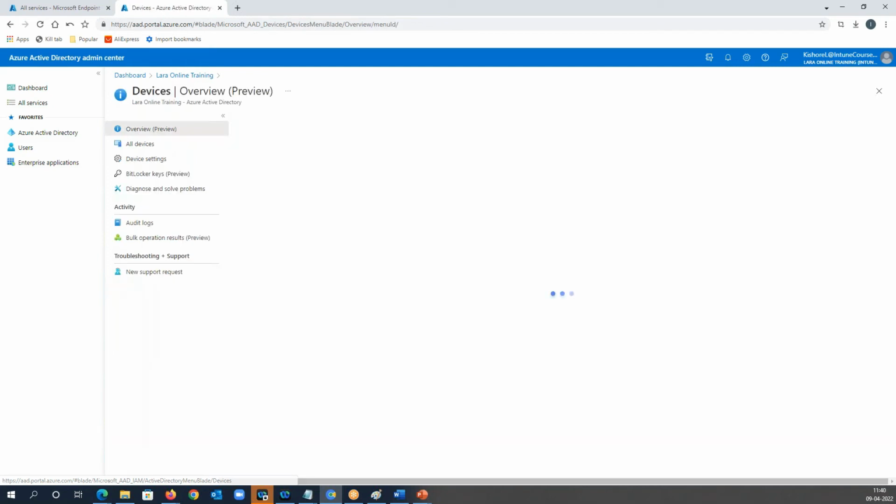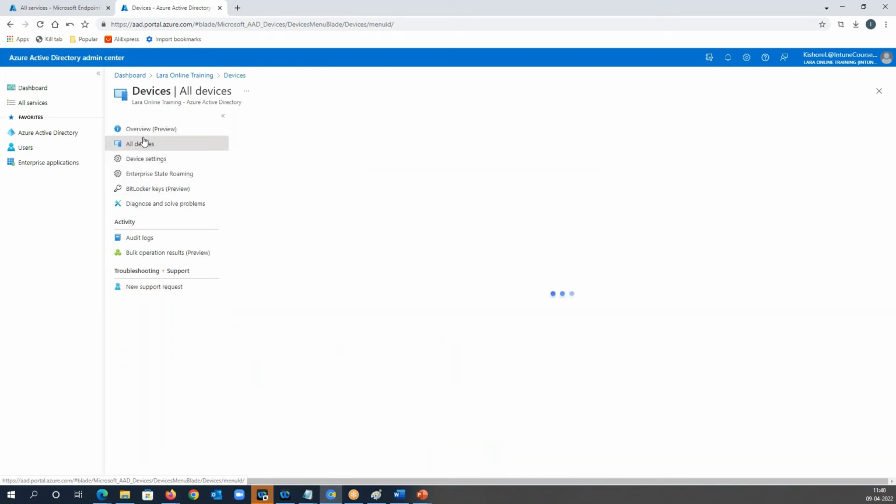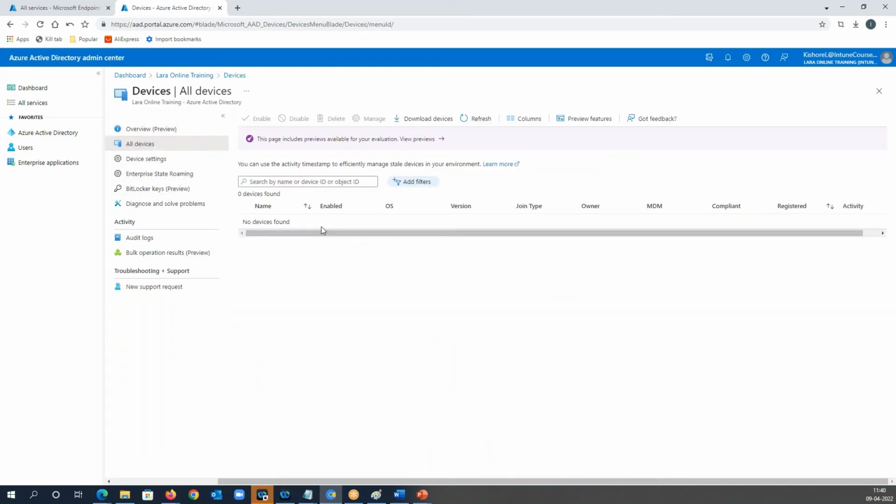Guys, I'm concentrating on whatever is required as of now to start with the basics. I don't want to go too advanced on day one. Then you have devices. So all the devices, basically your Windows devices, your iOS devices, your Android devices, all of those devices will be visible here. We'll start enrolling devices as well. Next comes